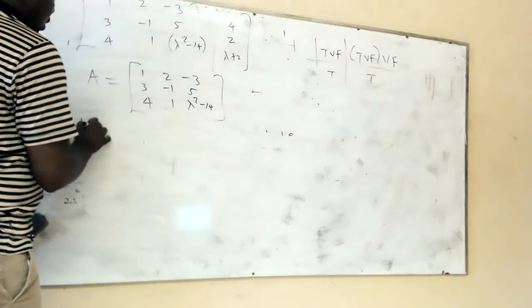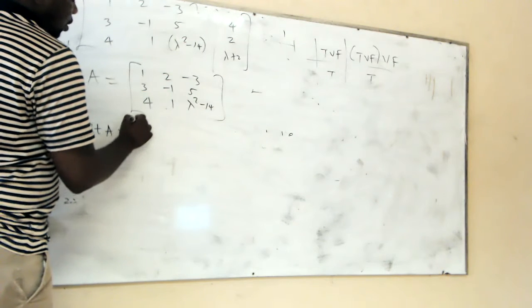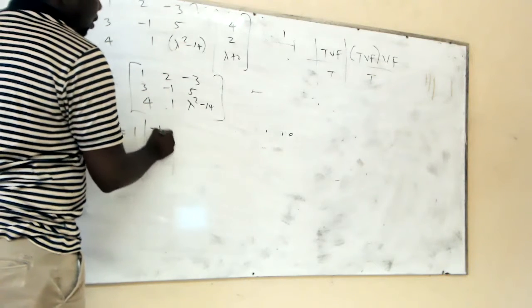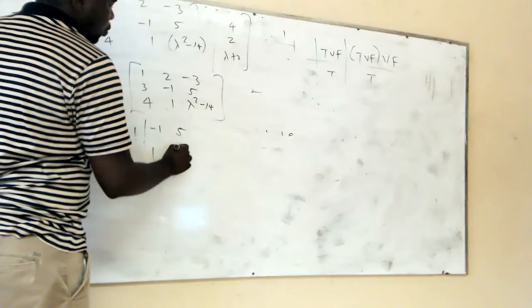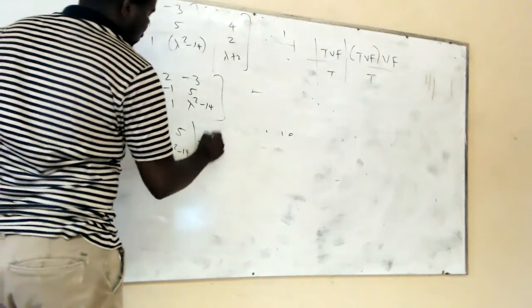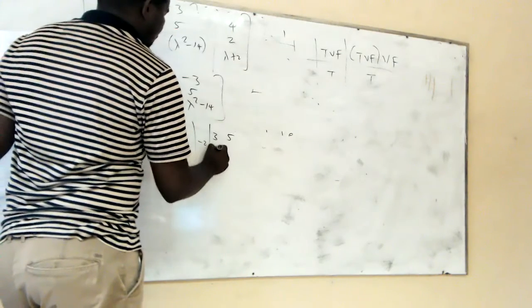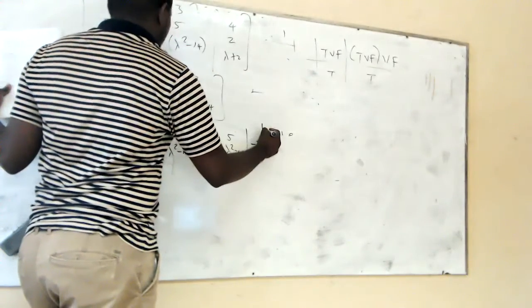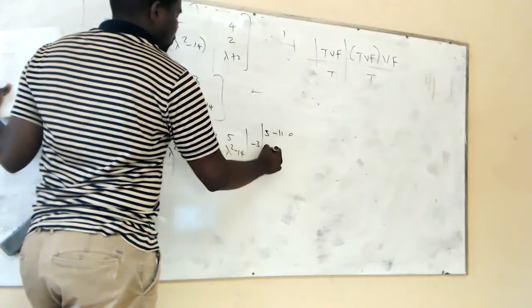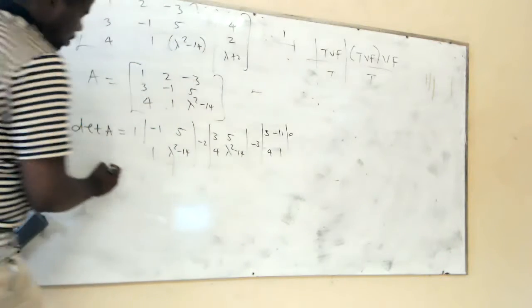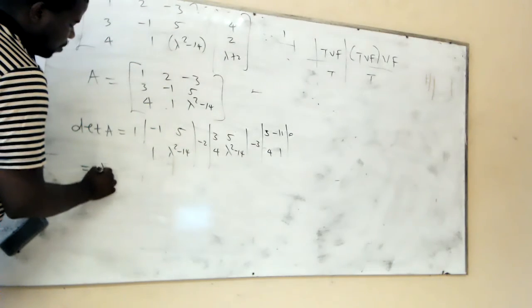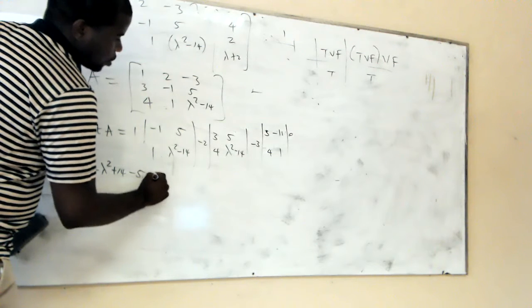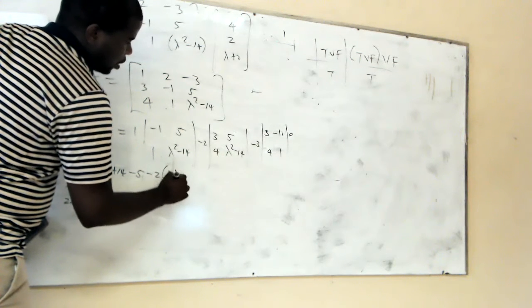So you just find the determinant of A, which should be 1. I believe you remember how you find the determinant of a 3 by 3. Negative 1, 5, 1, lambda squared minus 40, and then negative 2, 3, 5, 4, lambda squared minus 40, and then minus 3, 3, negative 1, 4, 1. Multiply them together, and you're going to obtain negative lambda squared plus 14 minus 5 minus 2 into 3 lambda squared